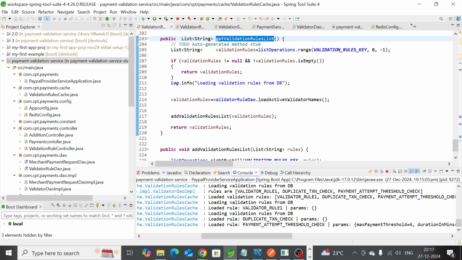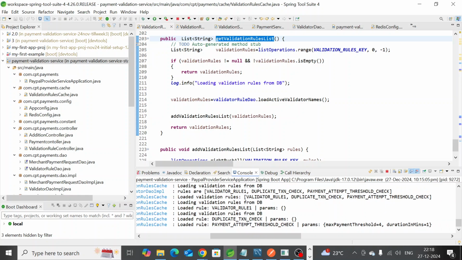And for valid rule 1, we didn't get any params because the name itself is not present in that table. For the duplicate transaction check also, there is empty data, no parameters present, because we only have values for the payment attempt threshold check. The values are: max payment threshold value is 4, and duration in minutes is